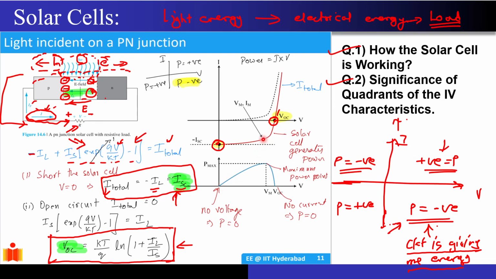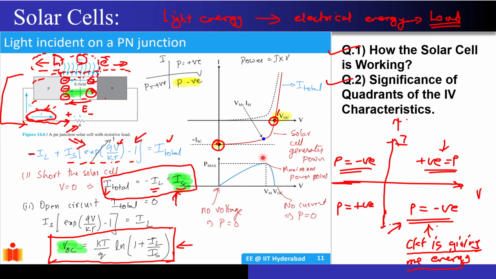So now in between, there will come a point where the product of V into I is not 0. Over here it is becoming 0, over here it is becoming 0, correct? So somewhere it must increase and somewhere it must peak out before reaching 0 eventually. So at this particular point, this is my maximum power point. This is the point where, if I have this particular voltage and current, I will get the maximum power that I can deliver from this PN junction to my load.